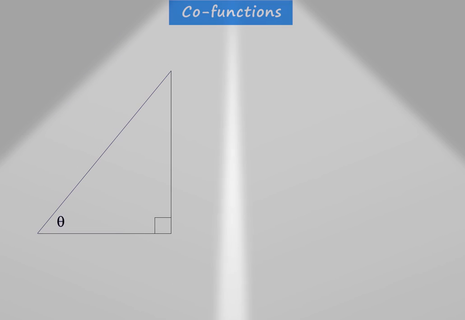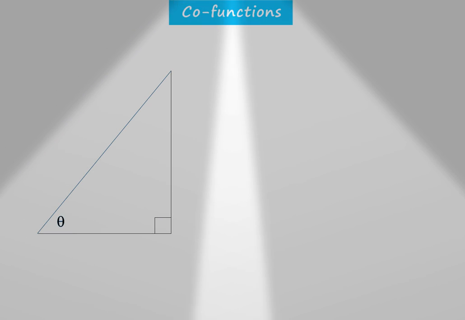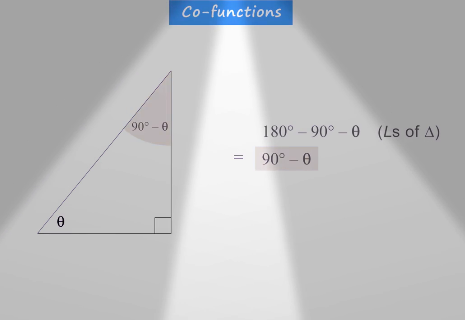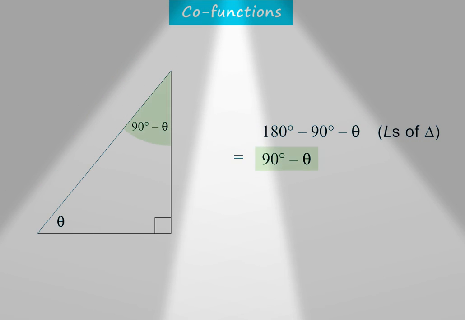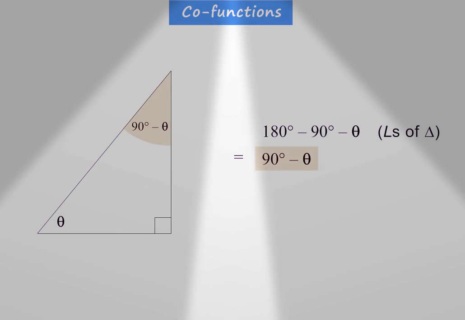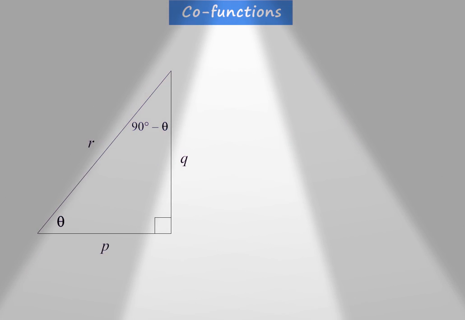If you take any right-angled triangle with the angle theta, then the third angle will be 90 degrees minus theta. To get this, you need to subtract the given angles, 90 degrees and theta, from 180 degrees. If we label the sides P, Q, and R,